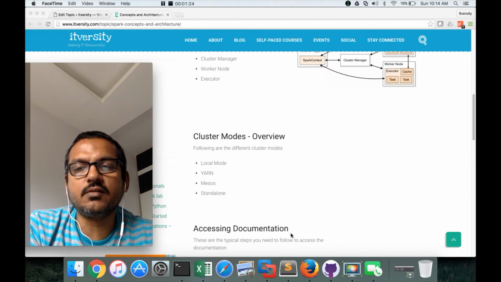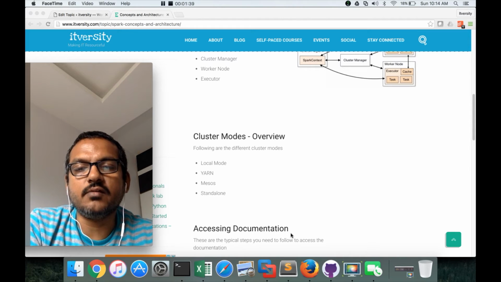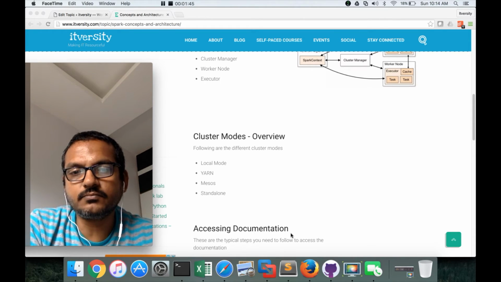So Yarn is quite popular when you use distributions such as Cloudera or Hortonworks and have Spark on it. Mesos is quite popular where only Spark applications are being run without dependencies on MapReduce and other Cloudera based or Hortonworks based tools.